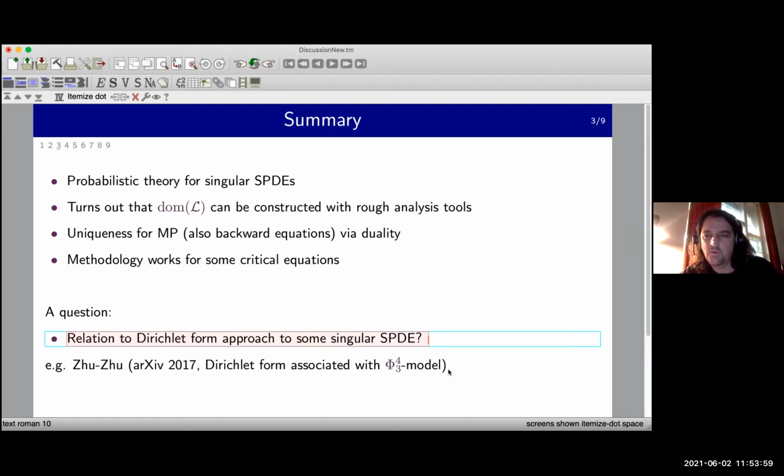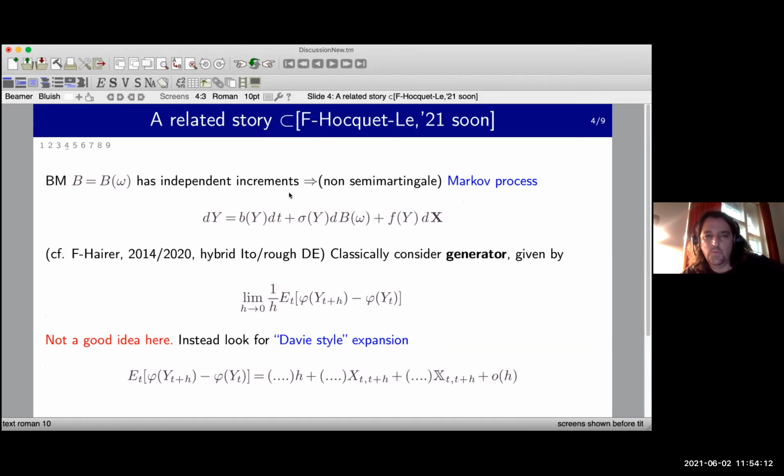But perhaps before we do this, I had a few extra thoughts that I wanted to bring into the game here, hopefully interesting to this audience, and that has to do with what I think is a related story. I mean, different, but yet related, that's about ongoing work, has been ongoing for a while with Antoine Hocquet and Khalil. And so it goes back to works in filtering theory, actually, years ago with Stan Grisson, Joshua Diel, Harald